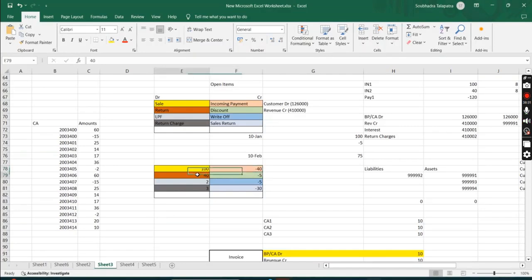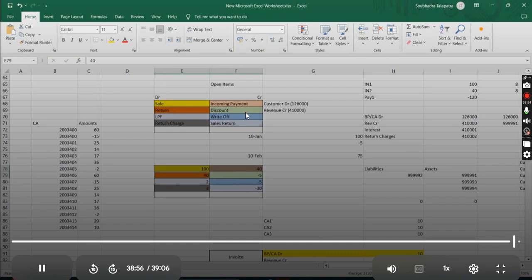Okay. Now return. Whatever goods I sold to you, a part of which you have returned. Sorry, not this return. This is about what you paid: a payment has failed, maybe your check is dishonored. Then it will increase your balance. When you paid me 40, I said you now owe me 60. Now suppose your payment has failed, now I'll tell you you owe me 100. So return means payment exception. You paid me, but the payment became dishonored. You give me a check, when I encash the check, I